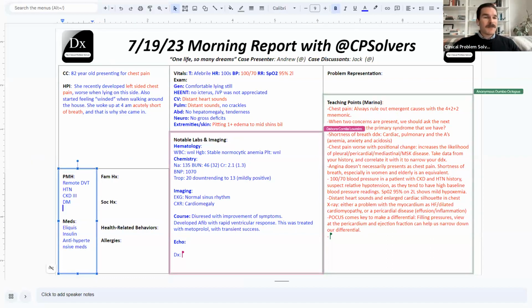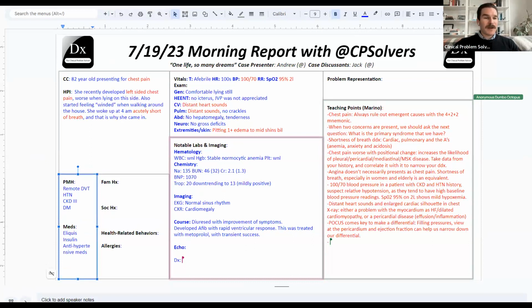But I am sort of tempted by some of these pieces in the past medical or in the background here, which is that there was some left-sided chest pain that was worse when she was lying on her side. That could be angina related, but it sounds like we haven't had dynamic EKG changes and the troponin trend wasn't super exciting. But there could have been an infarct in the past, and heart failure can have maybe some pain, but I would say that's very, very atypical.